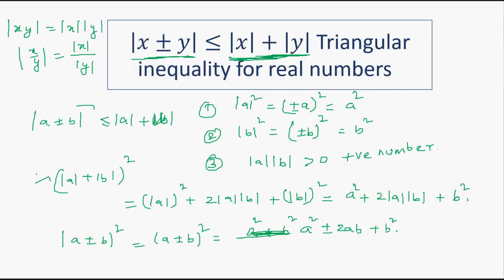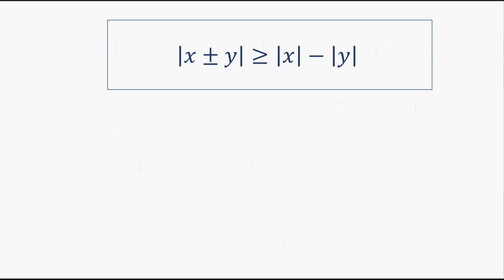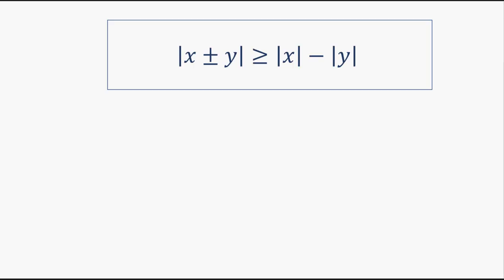So from that, I think we will conclude this property. First thing you need to understand is that |x plus or minus y| is less than or equal to |x| + |y|, and the equality exists at a certain condition, that is, |x + y| equals |x| + |y| when they are of the same sign. |x minus y| will be equal to |x| + |y| when they are of different signs, right? So this is the fourth property, and it is similar to the triangular inequality. It is a little reverse.